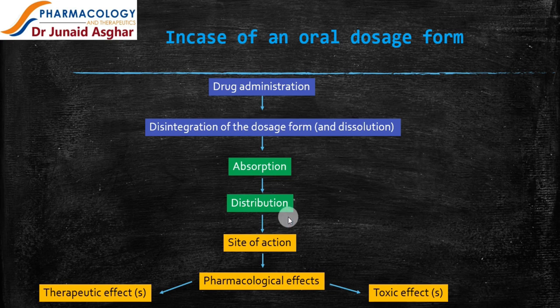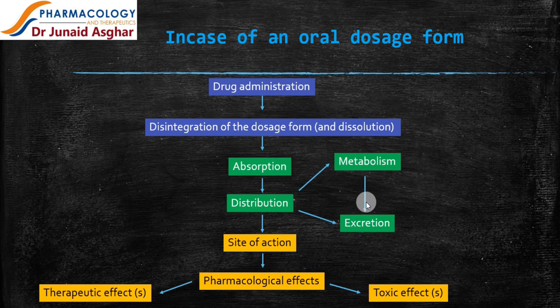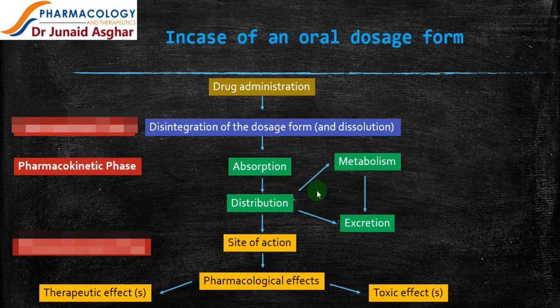Now let's switch back and see what happens after distribution. So in case of a very polar drug or highly water-soluble drug, the drug may get into the major excretory organ, the kidney, and then be eliminated. Or it may go into the liver first via portal circulation and then be made sufficiently water-soluble to be eliminated via kidneys. Now this pharmacokinetic phase is not as simple as you might be thinking. The unmetabolized fraction of the drug can redistribute back into the blood and may be available at the target site